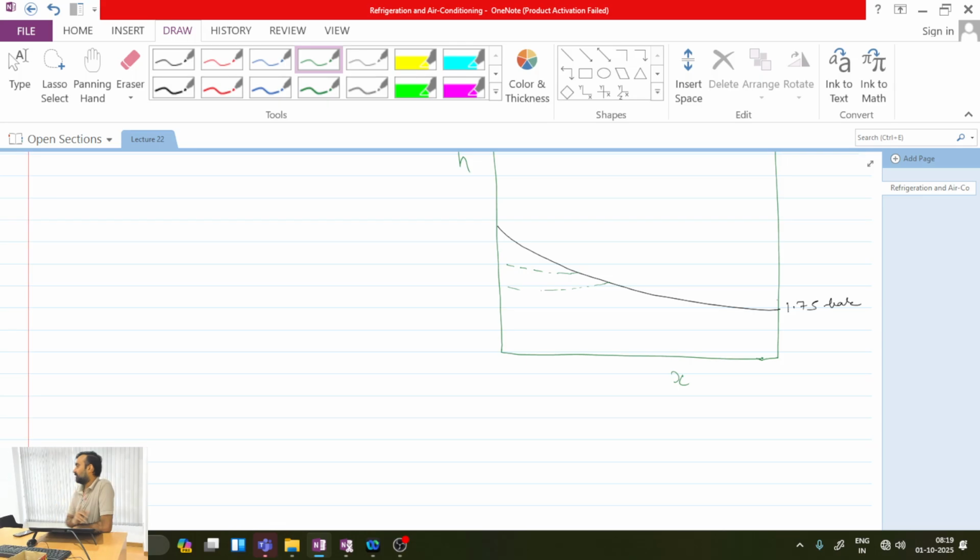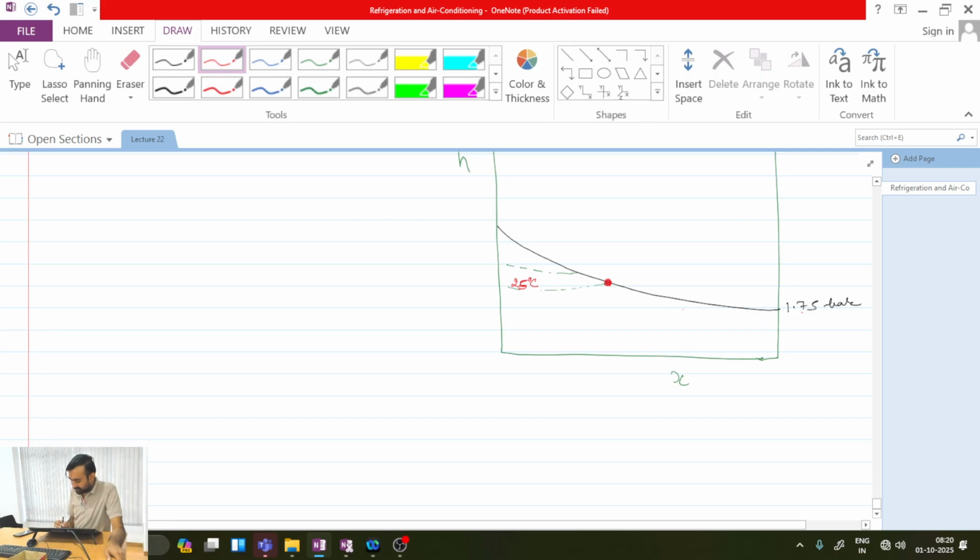Check it, quickly check. Okay, so somewhere over here I can see that 25 degrees Celsius and 1.75 bar are crossing each other,